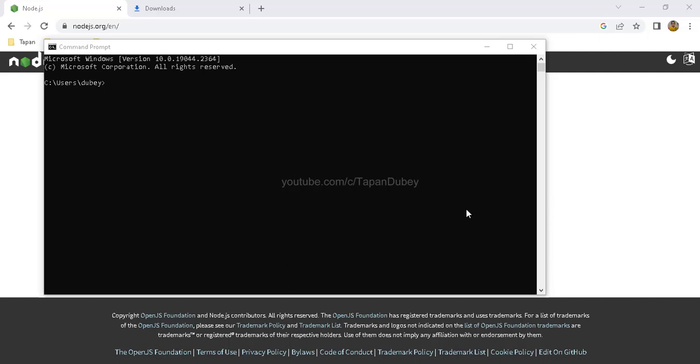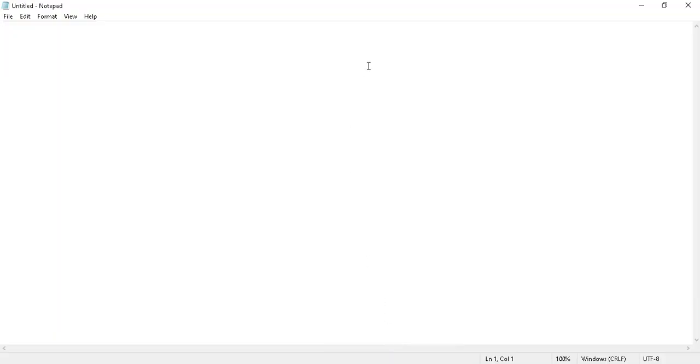Today in the next 2 minutes I'm going to share a few simple steps to start with the Angular environment setup, and then you can start with your Angular application. For the environment setup, number one thing which we need is Node. Number two is npm and number three is Angular